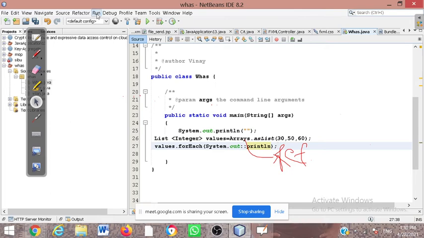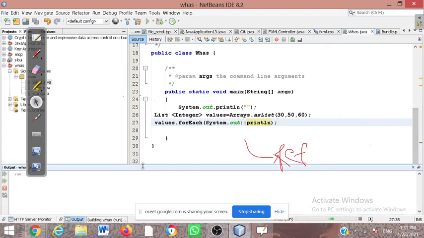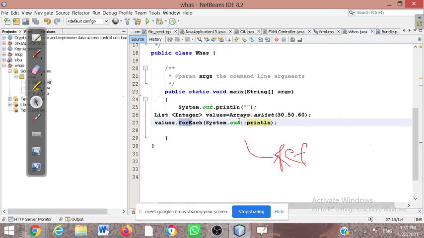So now I am going to run the code, and we have to understand what output is coming. It's taking a little bit of time, just hold on. It's coming right now. Okay, now it's processing. Yeah, it is running, and the output is coming: 30, 50, and 60. You can see here, all of you. So we can use the forEach method as a reference.